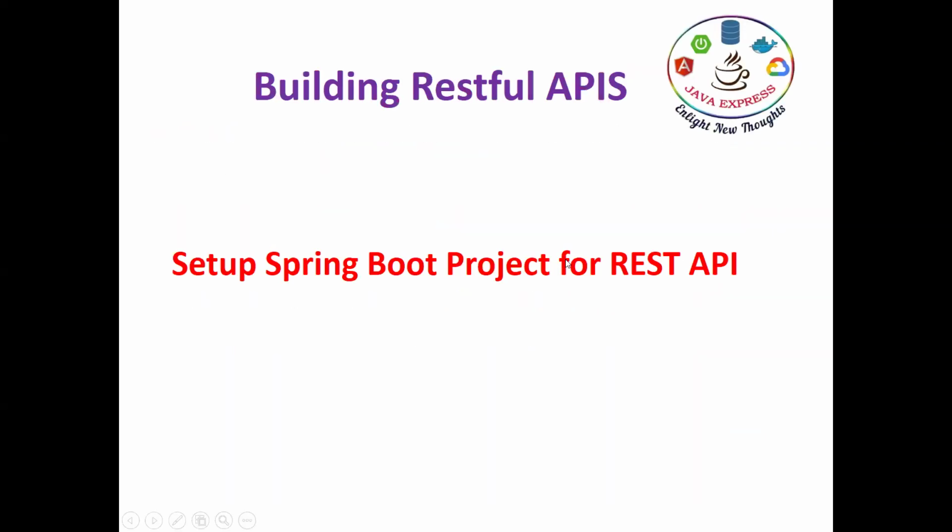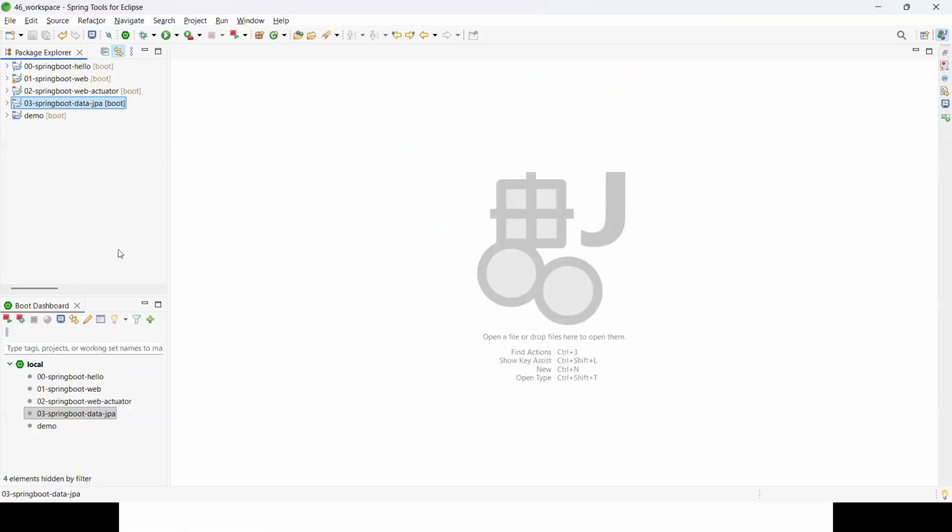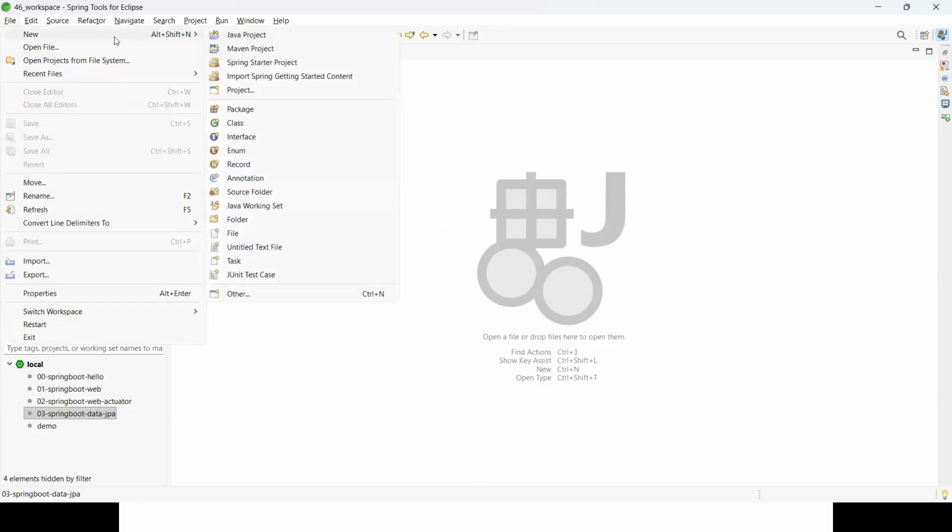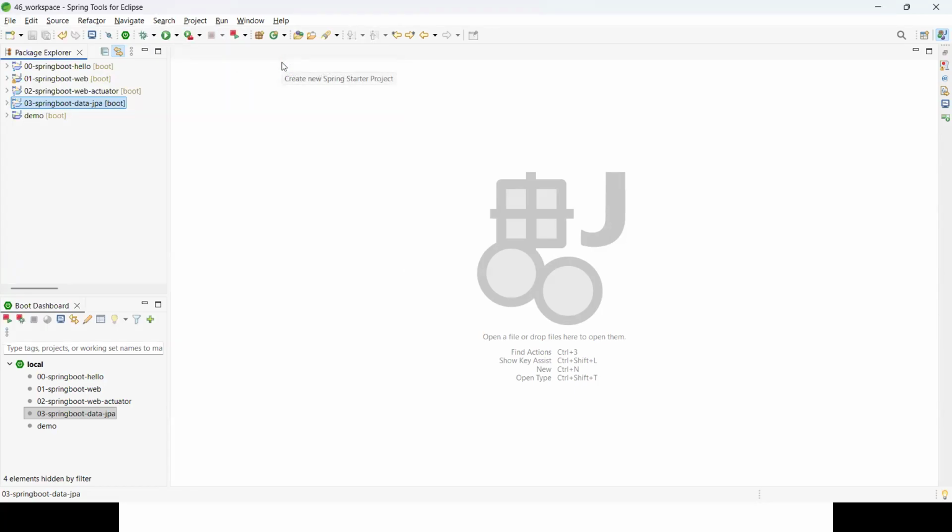So to set up this kind of development, we need to set up a Spring Boot project for REST API here. To start with that activity, first I want to create one project called user microservice. I want to create the first microservice. Right now, I'm not discussing what a microservice is, just a user service project. Slowly, you will understand how I will link it later on for microservices development here. So I am creating one fresh Spring Starter project here.